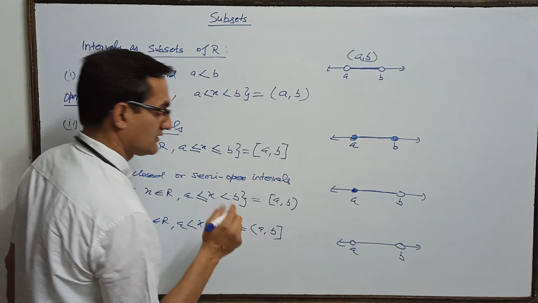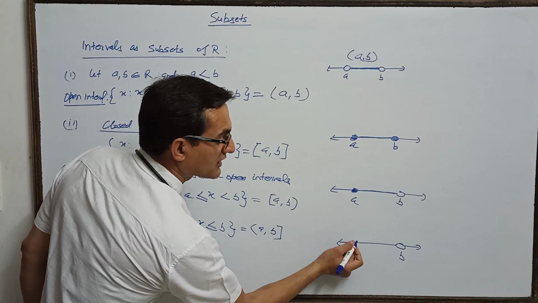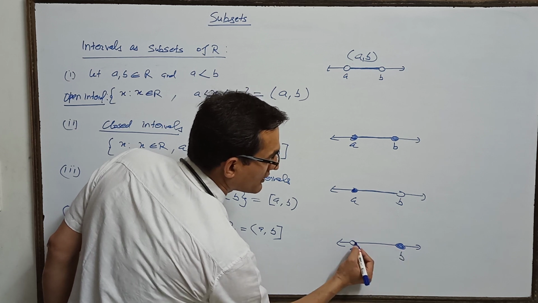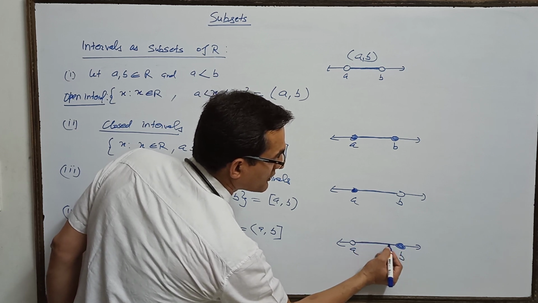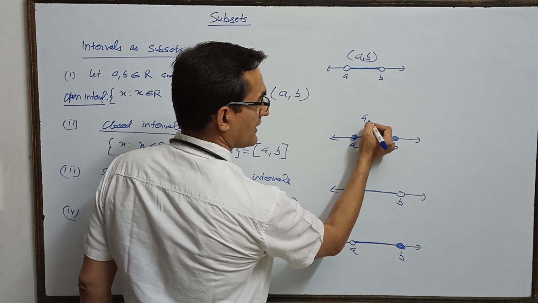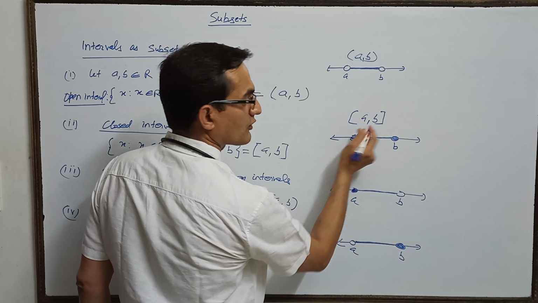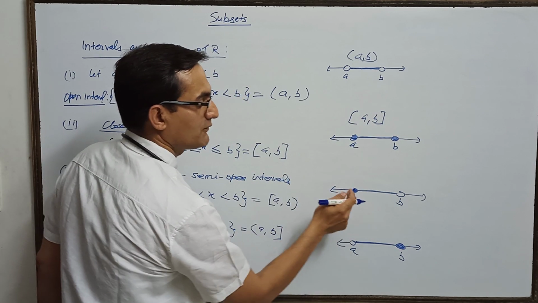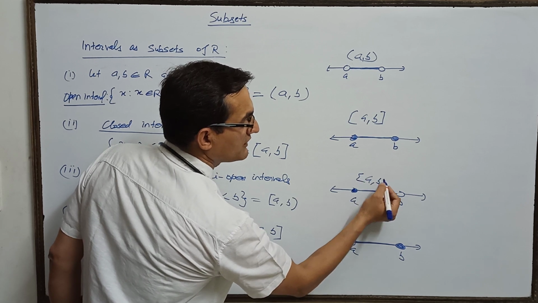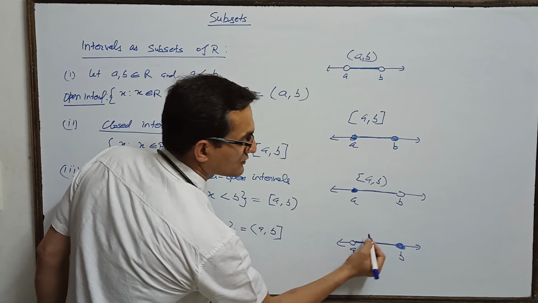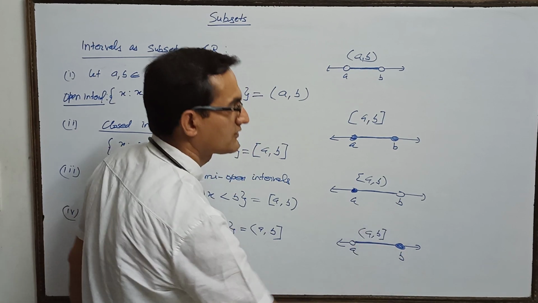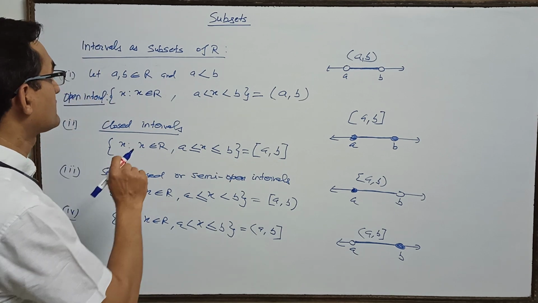And on the number line, A is not included, so you will keep this blank, and you will shade the B, because B is included and all the real numbers in between. Okay, what will we call this? [A, B] is a closed interval. This is semi-open or semi-closed. A is included and B is not included, and in this one A is not included and B is included, so closed towards B and open towards this one. Is it clear? This was all about the